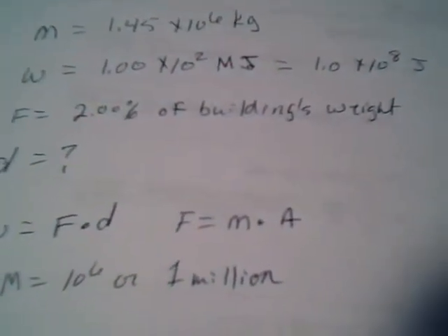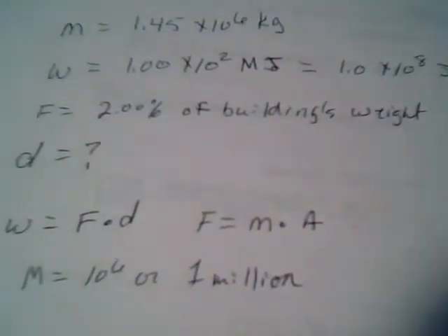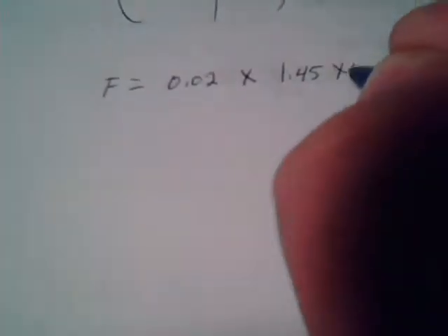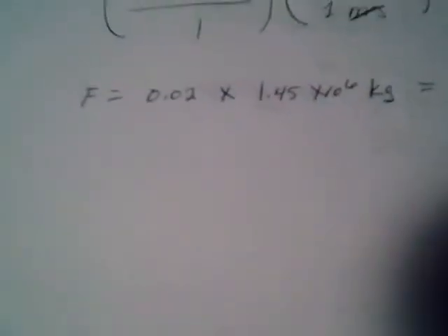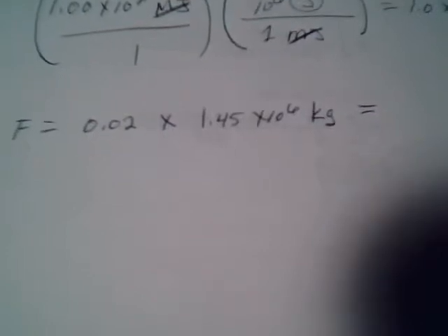Alright, so now we can also calculate the force, because it says right there the force is 2% of the building's weight. Force is going to be equal to 2%, so 0.02, that is the decimal form of 2%, times the building's mass, which is 1.45 times 10 to the 6th kilograms. So when you multiply those two, you get a force of